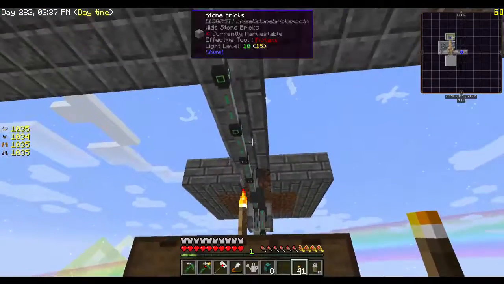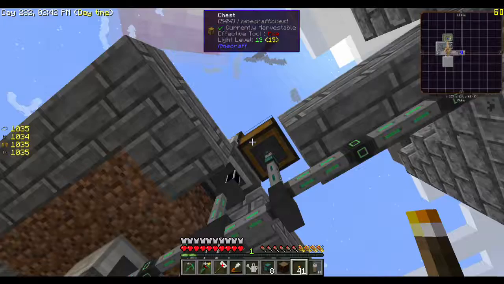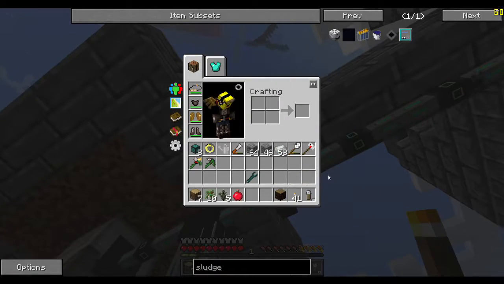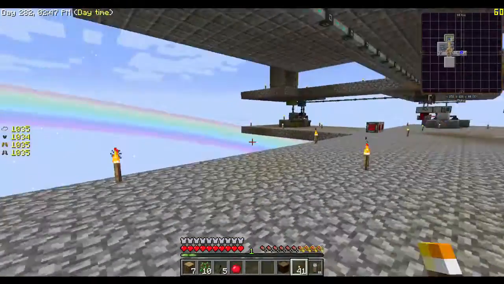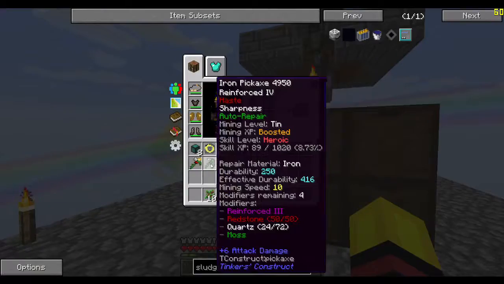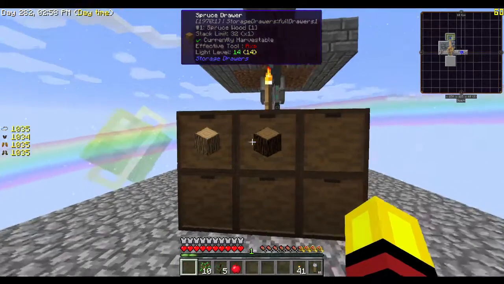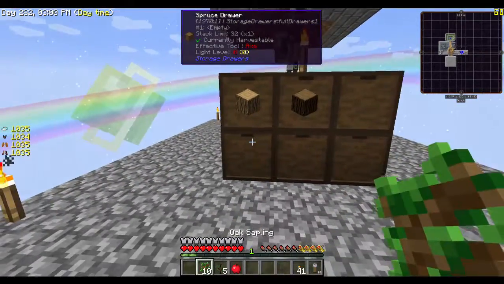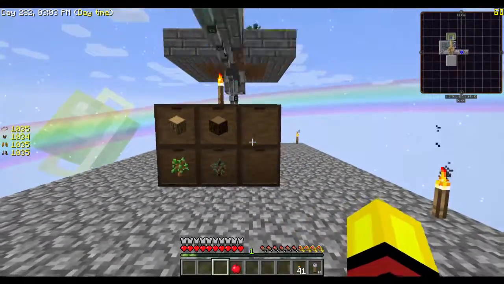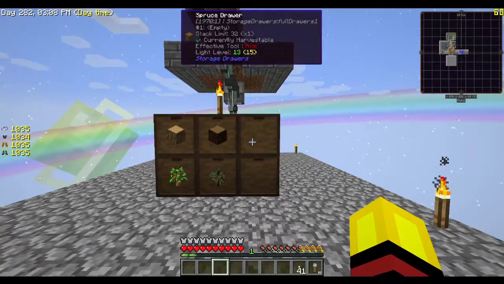So ultimately, these are going to take the output from here. If I take all of these, I can do spruce there. I'm having all sorts of trouble navigating here. Oak, spruce, and then rubber can go there. The saplings can go like so. And it looks like I will need at least one more for apples, and probably another one for the rubber